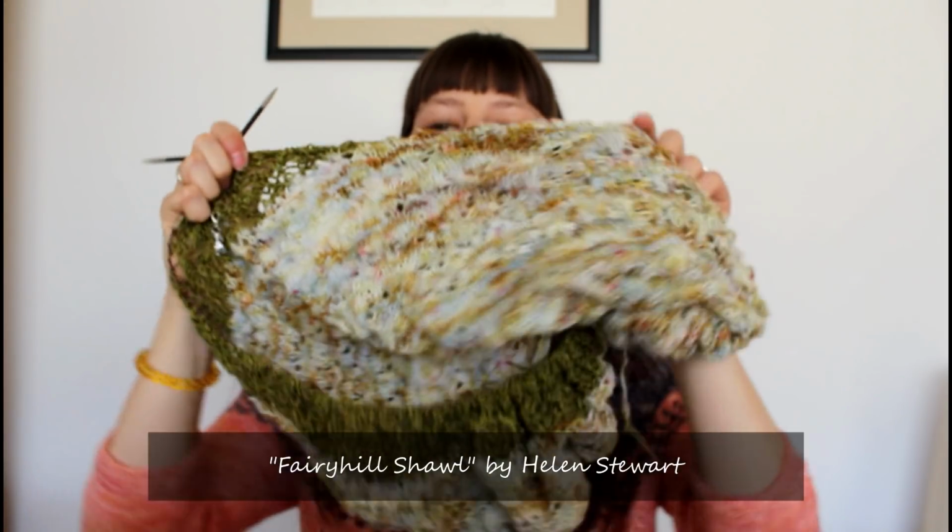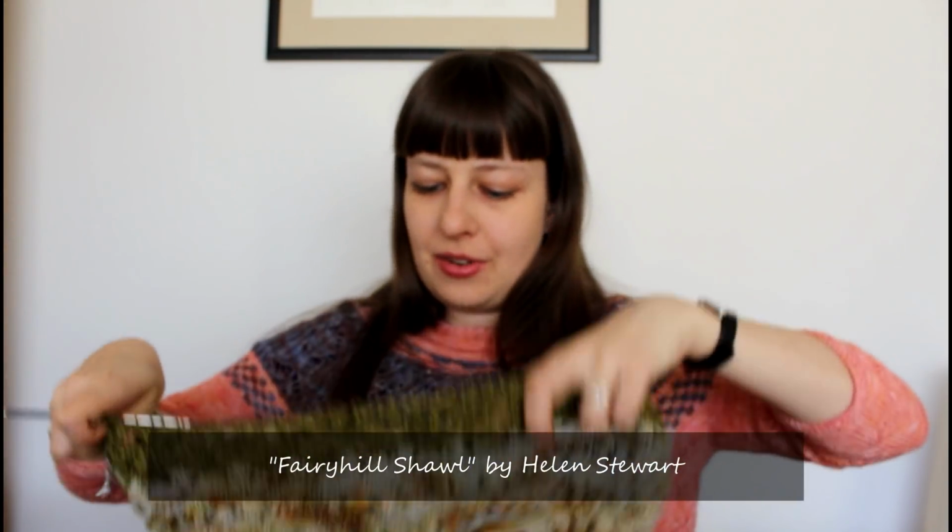And then I have my project. It hasn't made an appearance for quite a while, but the rows are very long, so even though I'm working on it, the progress doesn't show. Actually, I am at 70% of the pattern, because the pattern tells you how many percent you're at, and I find it brilliant. So it's a Fairy Hill Shawl by Helen Stewart,